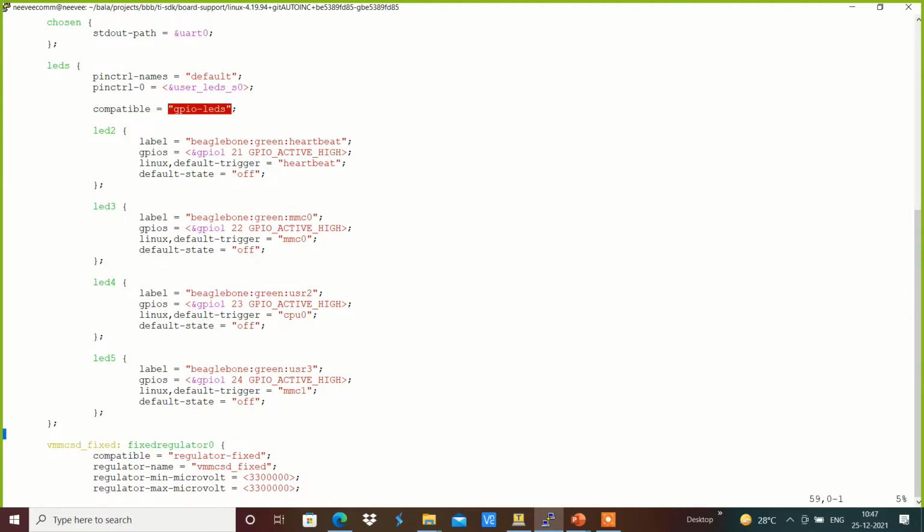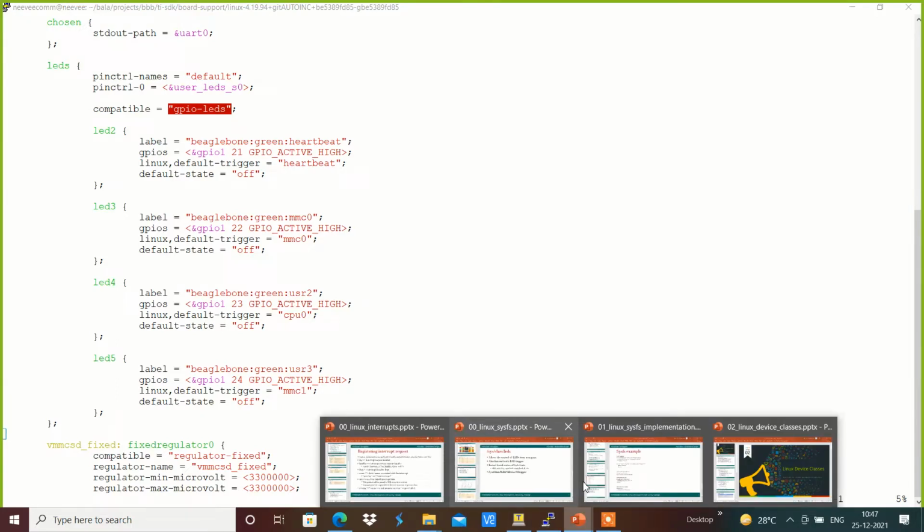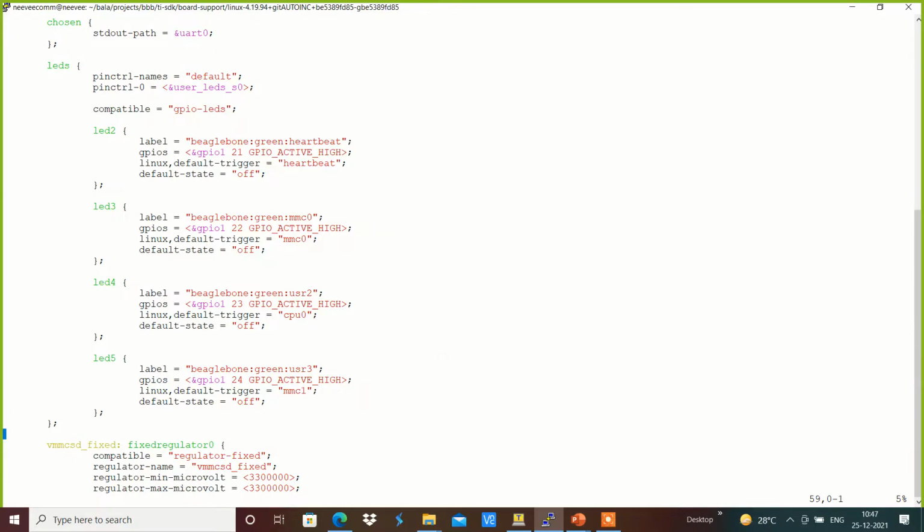Here led2, led3, led4 are nodes basically, the naming of the node, which we will see in detail while we see the device tree. This is basically the device node name.